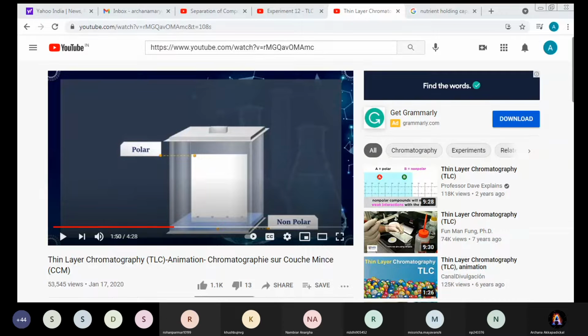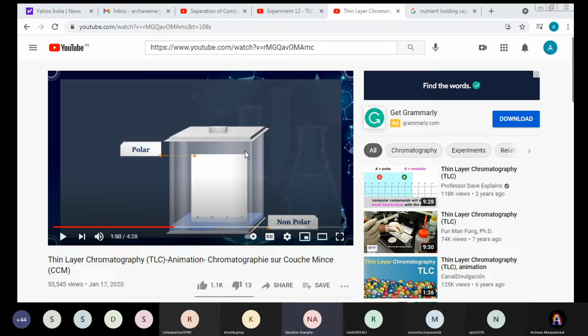No, ma'am. Oh good, let's start. See, in this we can clearly see that the TLC plate has been kept in a solvent chamber where we have some mobile phase. The TLC plate should be held from the upper side, where polar is written, you can see it. From that area, on the TLC plate, where the silica